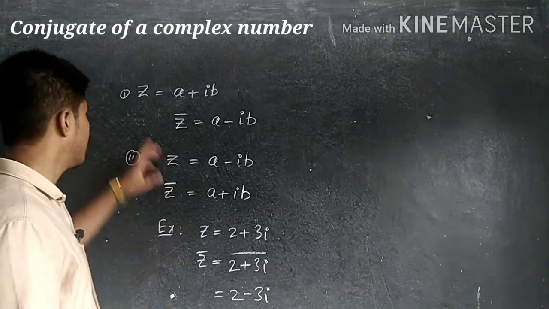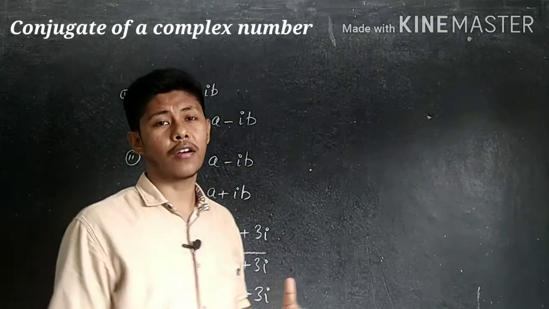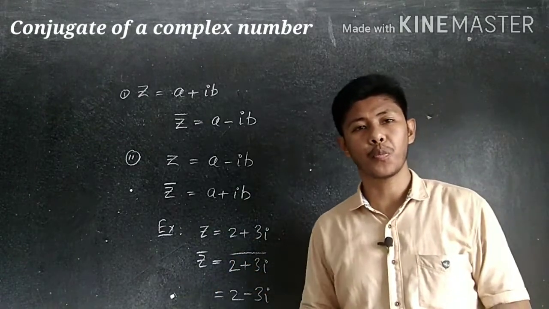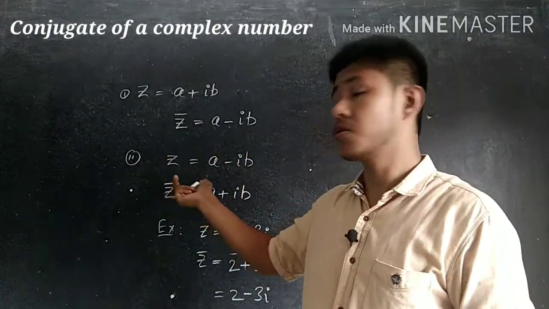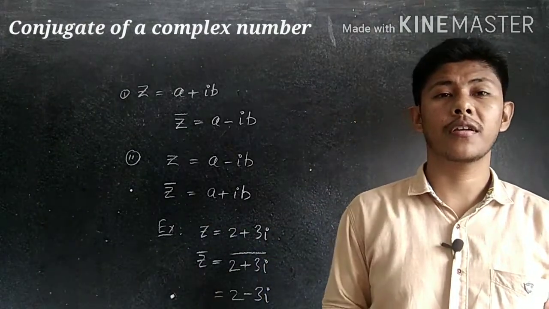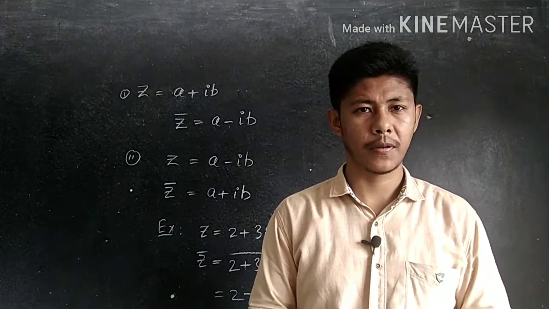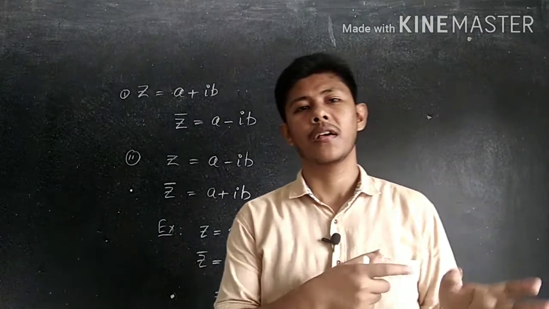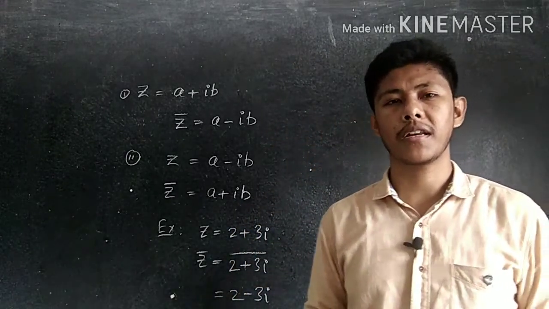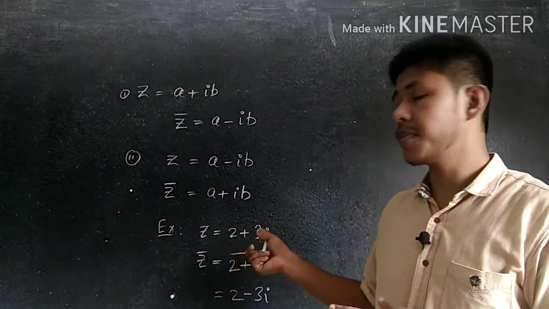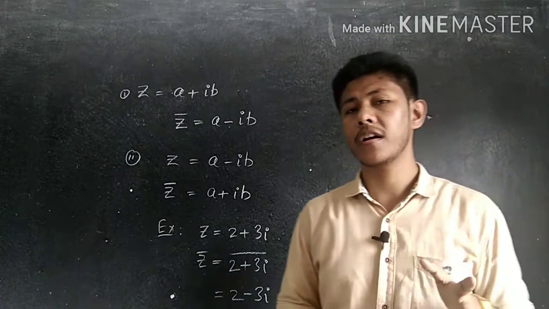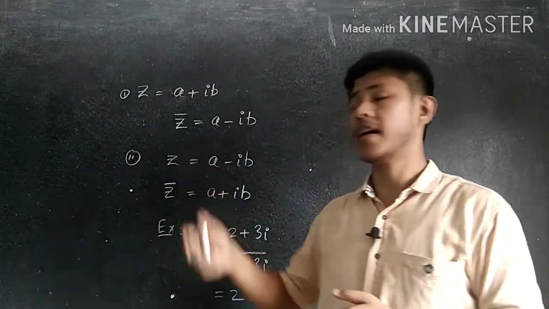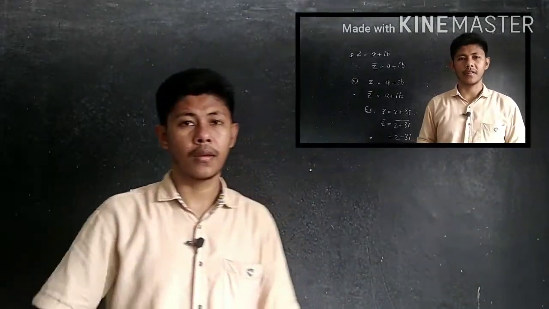So very simple here, modulus and conjugate. I think all of you understood this one, is not it? After conjugate and the modulus part, the next thing we have to discuss now is the multiplicative inverse. So let's see how we can find the multiplicative inverse. Multiplicative identity and multiplicative inverse we find out. Here we have to do the same thing again, and from there we have to find a relation between multiplicative inverse, conjugate and the modulus. Is it clear? Now let's see.